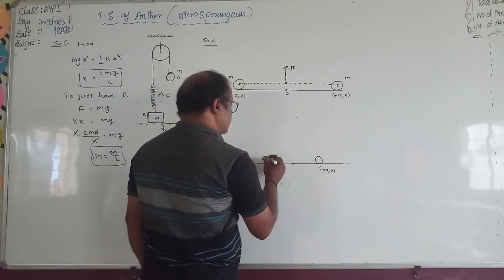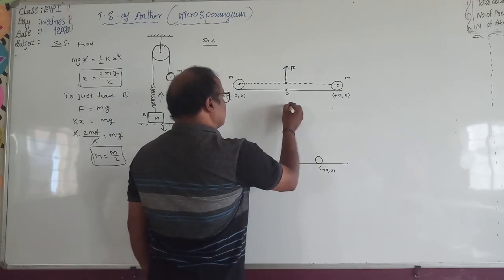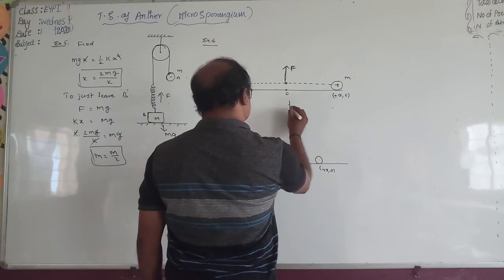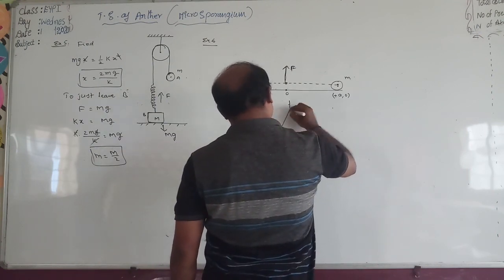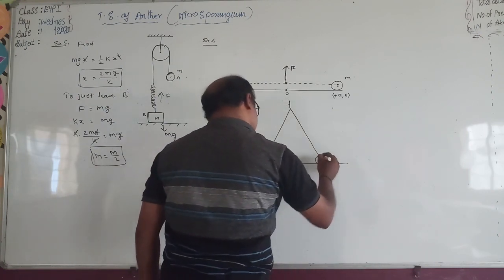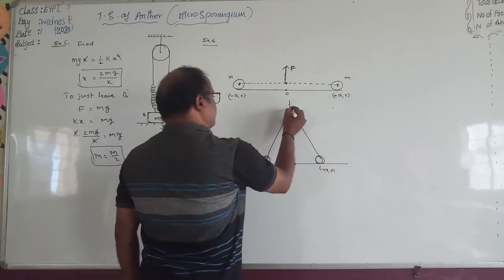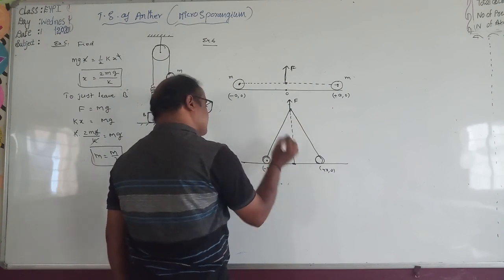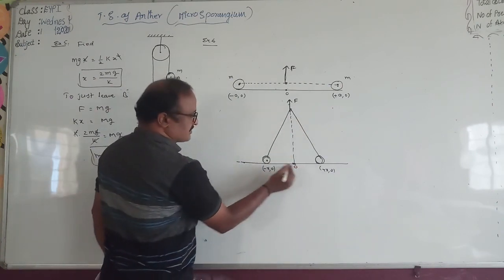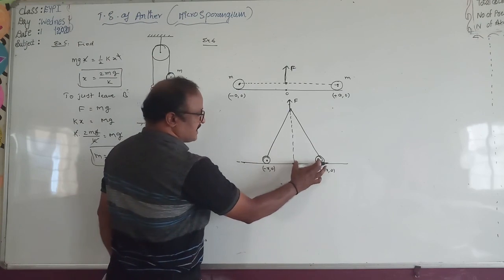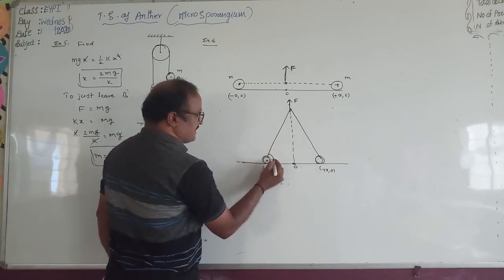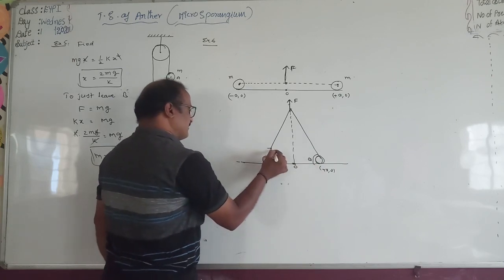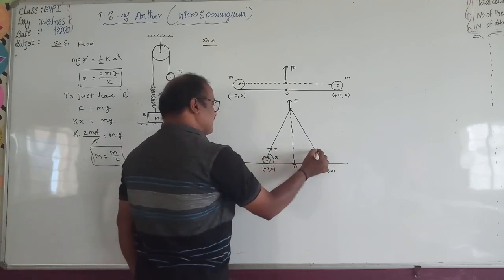But the force is applied exactly in the middle, and this is the string. It is also string. Here I apply the force, and the applied force is equal to capital F, exactly at the origin. Now the distance of the first body from the origin is equal to x. Here also it is equal to x. The angle made by each string with the horizontal is equal to theta. It is also equal to theta. The tension developed in the string is capital T, and here also capital T.